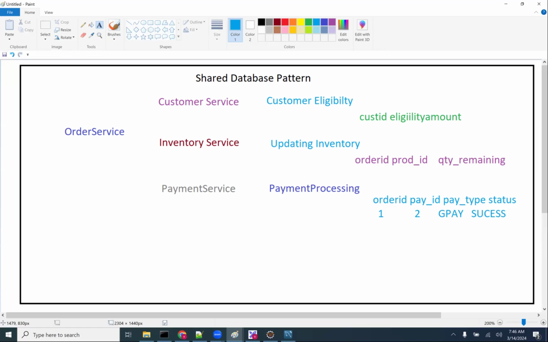Now what I am trying to say here: all customer related tables are in the customer service, all inventory related tables will be in the inventory service, all payment related tables will be on the payment side. And whenever you are looking for data, the order service will call the customer service, the inventory service, and the payment service. Am I right? That is what the database per service pattern told me. That is the knowledge I got. Database per service. Yes or no? But here,